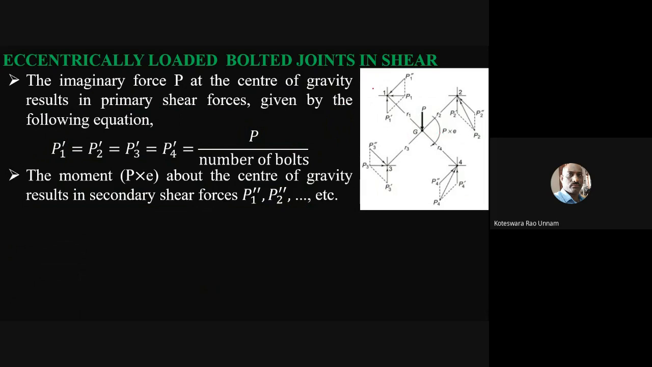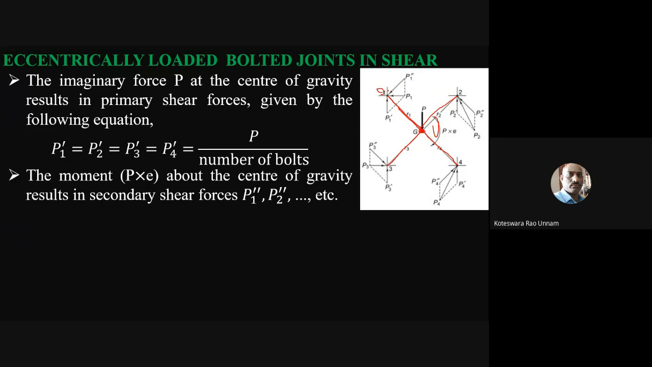For that, what you have to do is, from the center of gravity, this is the center of gravity G of the bolt system, you need to join all the centers of the bolts. This is the line joining the center of bolt 1 to G, similarly the center of bolt 2 to G, bolt 3 to G, and this is the line for bolt 4 to G. Then, if I want to calculate the twisting moment here,